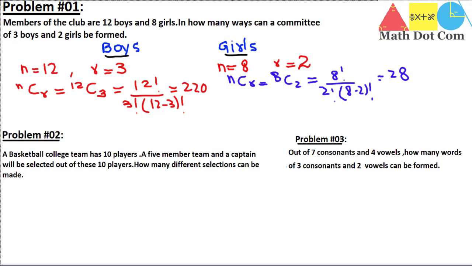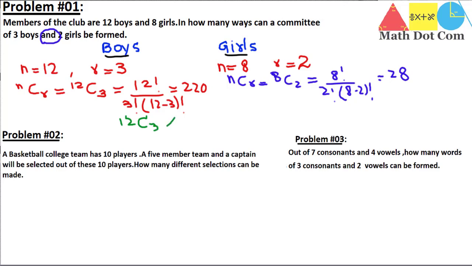But what we are asked in the question is, in how many ways can a committee of 3 boys and 2 girls be formed? This 'and' is very important. When you come across this 'and', it means you have to consider both boys and girls. You have to multiply the ways of boys with the ways of the girls. So we have to write